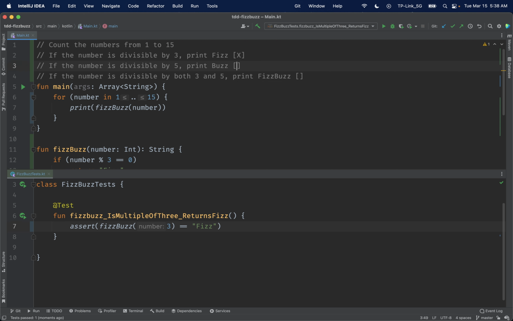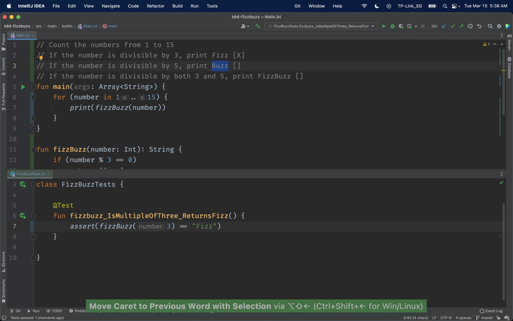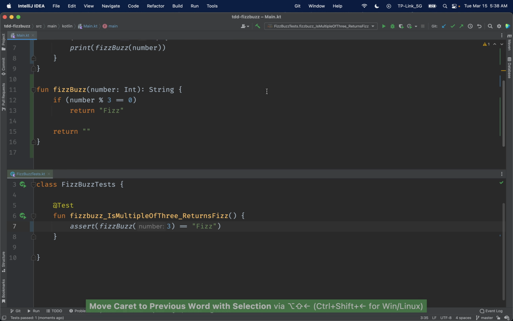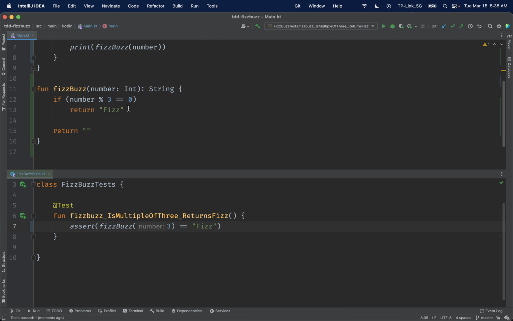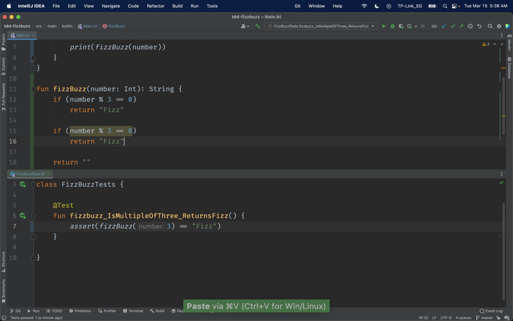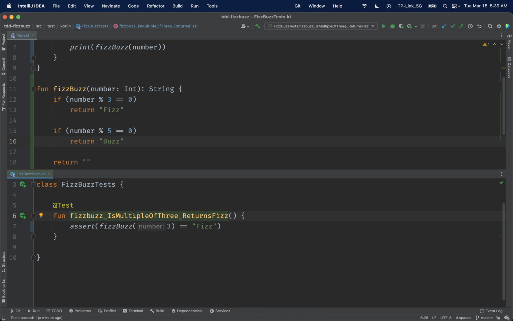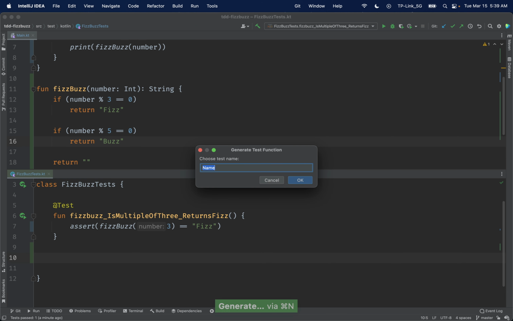Put this here. All right, so we need to print buzz if it's divisible by 5. So we're gonna start writing some similar code. So let's copy this, place it over here, change this value, and then this value. All right. Now, I would like to then write another test method. So it would be test method, FizzBuzz, then is multiple